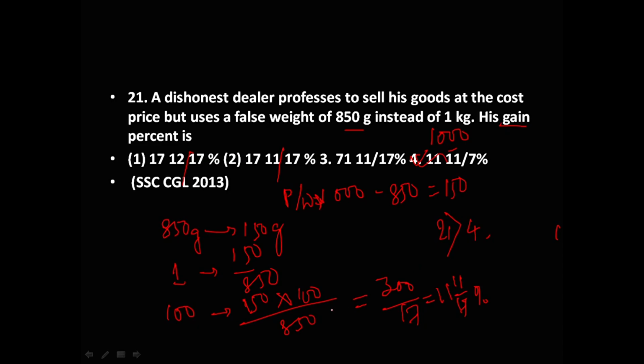Clear? Actually the actual weight is 1 kg, meaning 1000 gram. And he's falsifying the weight, so it's 850. So his profit is 150 grams, so 150 gram profit is on 850 grams, so on 100 it will be 11 and 11 by 17. Clear? So next one,